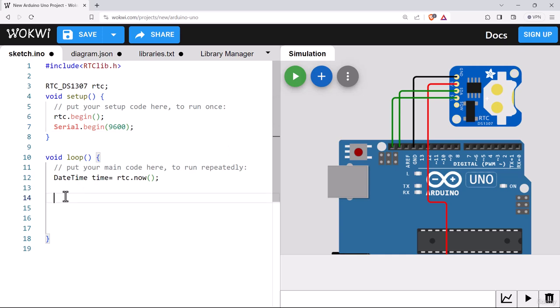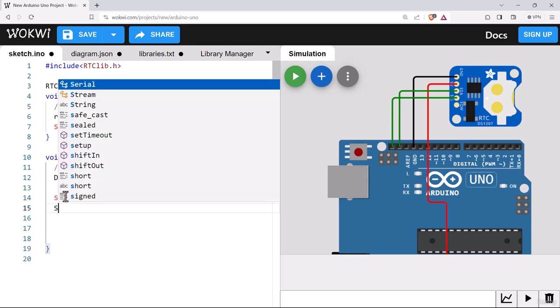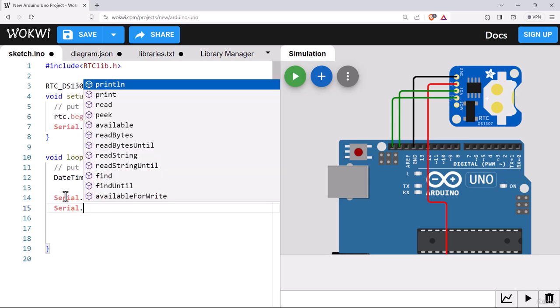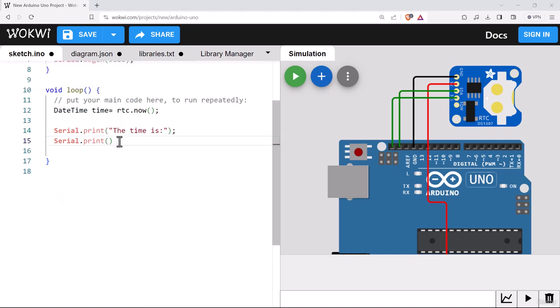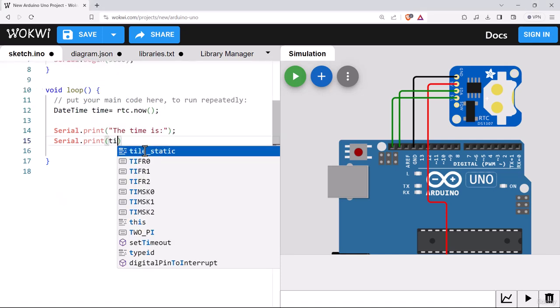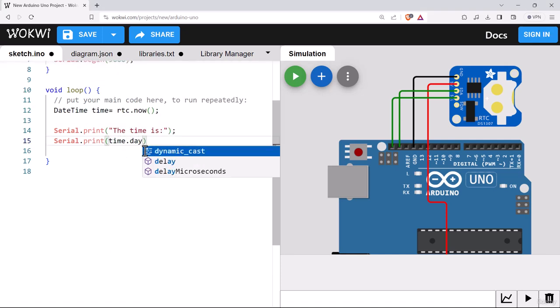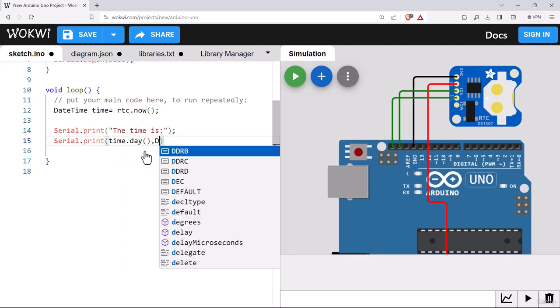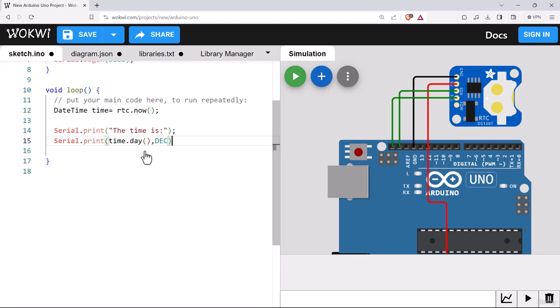For printing the time, we'll first print a message like Serial.print, the time is, then we'll print the current date and current time. So let's print the date first, Serial.print. Within the bracket, we need to write time.day. This will find the date. Then we can print the value as a decimal value. After that, we